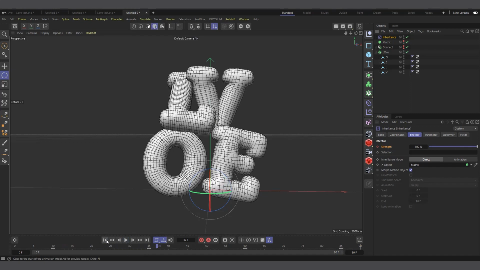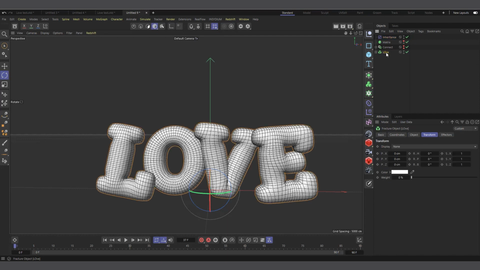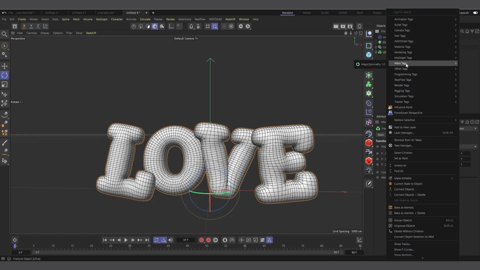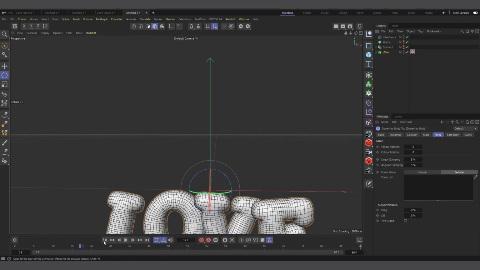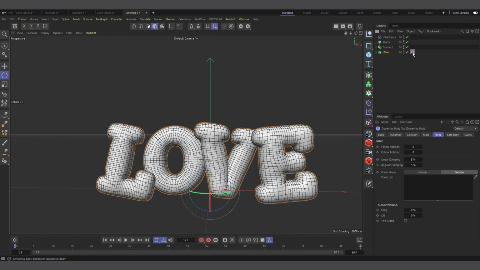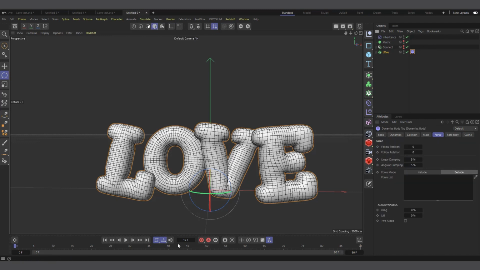Right, the next thing is the interaction, and you are going to use the dynamics as well in this particular instance. So I can simply right click on the Mograph, and I come to our bullet tags. If you are using an older version, you go to simulate. That's where you find the rigid body, like I've said. So bullet tags, and I'll add my rigid body, and if I hit play, as usual it will fall because there's gravity in the scene. So I'll hit Ctrl D, and I'll make sure the gravity is set to 0 in the project settings where the bullet is, right? And now if I come back and hit play,